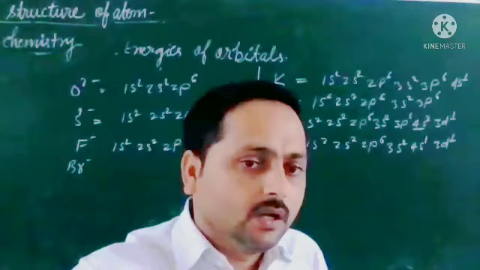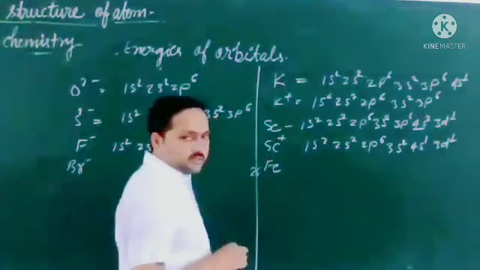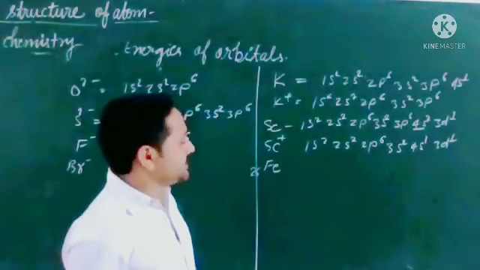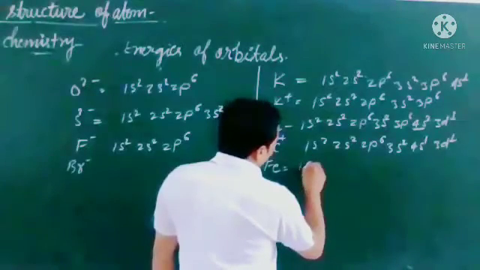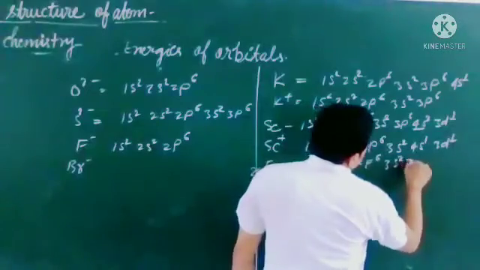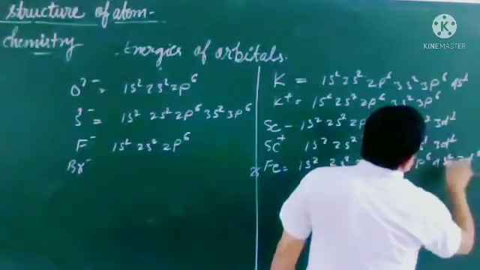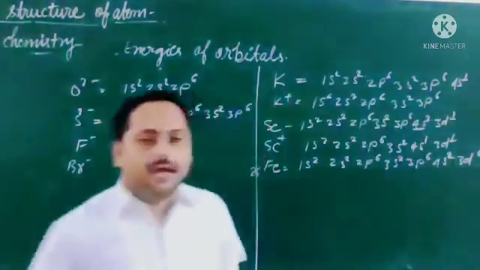Okay, so I am going to write about ferric here. First we will write the electronic configuration of ferric. The atomic number of ferric is 26. So let us write the electronic configuration of Fe, then we will put the ion. It will be 1s2, 2s2, 2p6, 3s2, 3p6, 4s2, and 3d6. That is what I have written here.